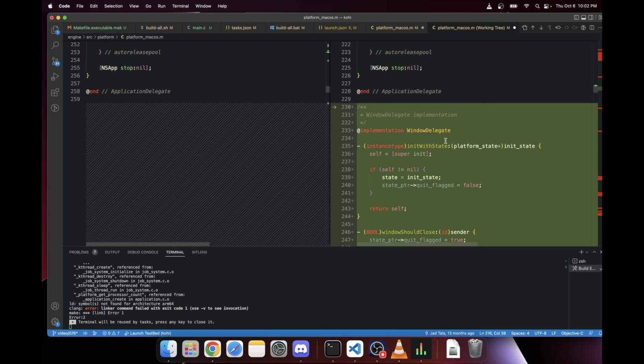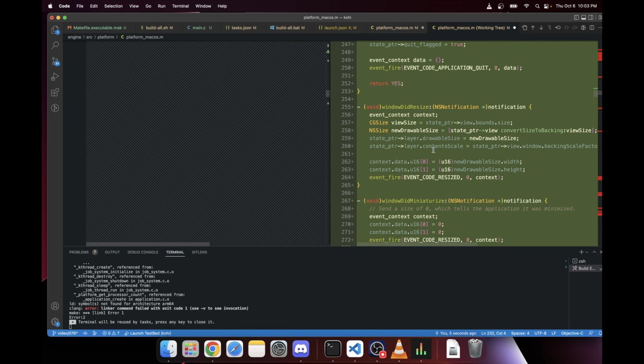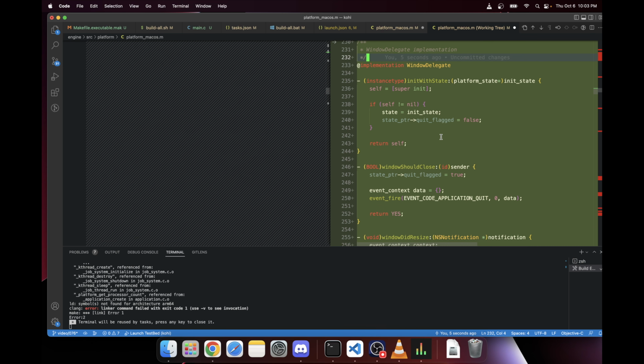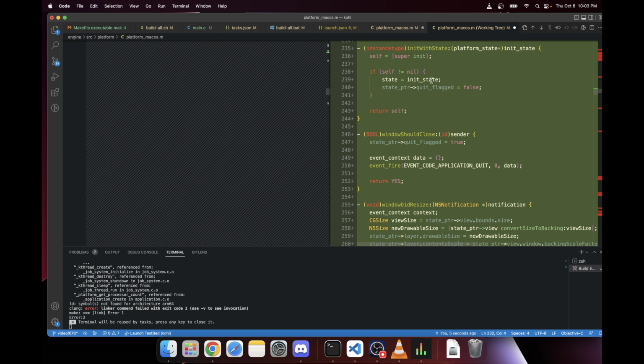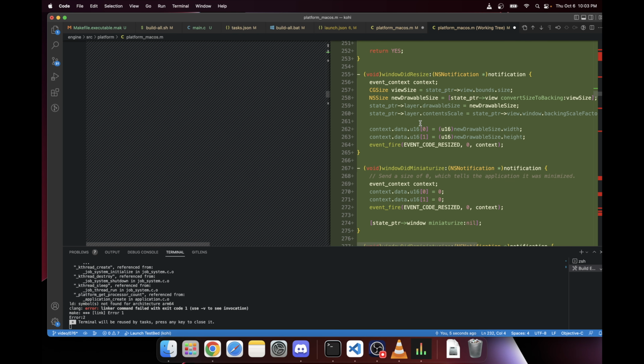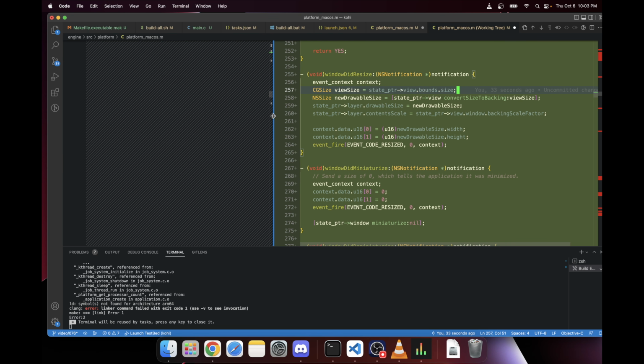Okay, so here is that window delegate stuff. So we've just moved that further down. So this is what handles a lot of the events, right? And window initialization. So determining when the window should close, things of that nature. So if we hit the close button, for example, that would trigger this. On the window resize, we actually retrieve some resizing event information here. I should point out that this does correctly handle